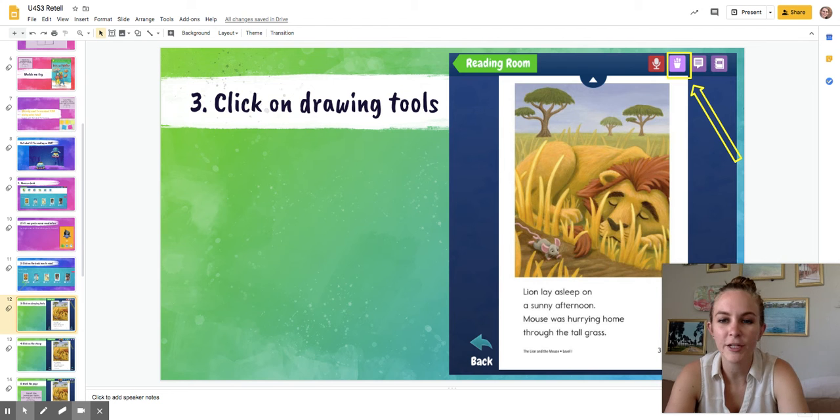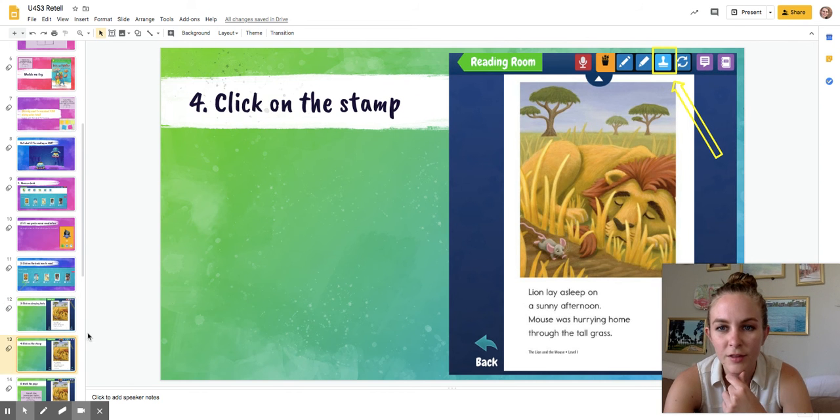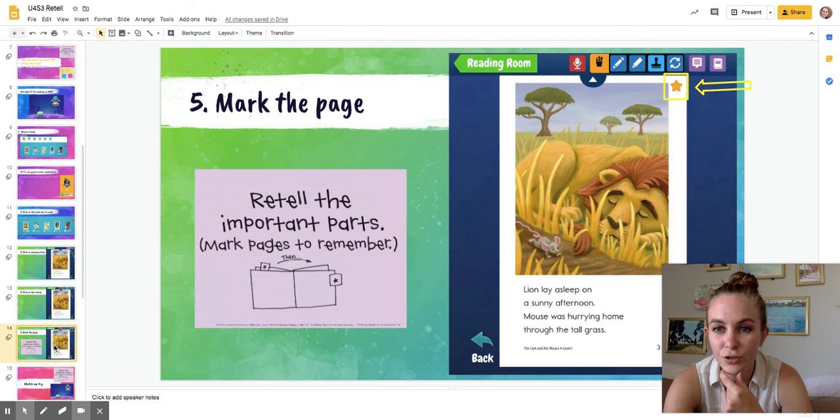When you're on a page that you think is important and you want to bookmark, you're going to choose the drawing tools. This is the beginning of a story about the lion and the mouse. And it's really important that the story started off by the lion just sleeping. The beginning is usually pretty important. So I'm going to click on that drawing tool. Then I'm going to click on the stamp tool. And after that, I'm going to use it to bookmark the page with a sticker